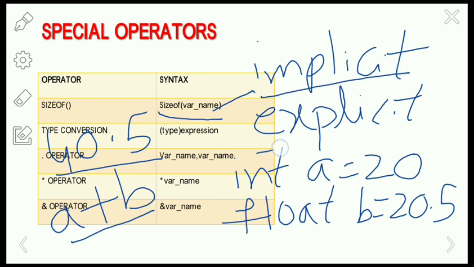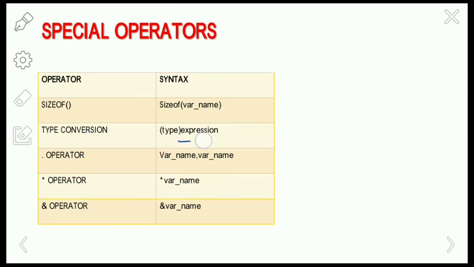Whereas the explicit type conversion is a user defined type conversion. If a user wants to convert the given data type into a particular data type, based on the compatibility, it is going to convert one data type to another. So in this explicit type conversion, instead of the compiler converting one data type to another, the user explicitly defines within the program the data type of the operands in the expression. So that is the type of expression given here.